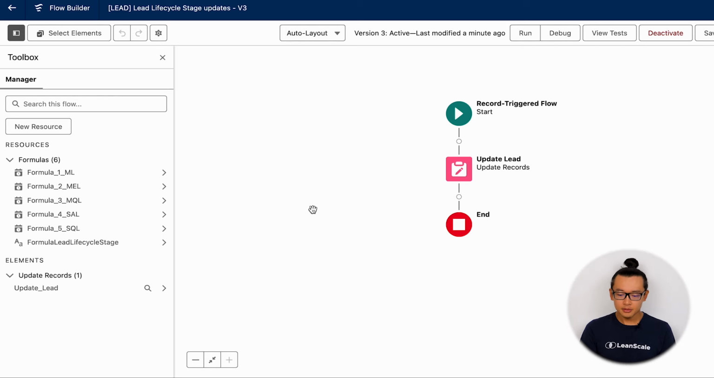With that, let's move forward with the first automation of the day. It's going to be a record trigger flow. We try to make this automation as simple as possible. So as you can see here, it's optimized for